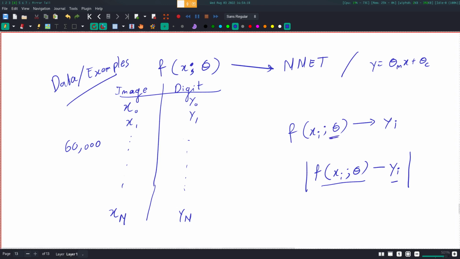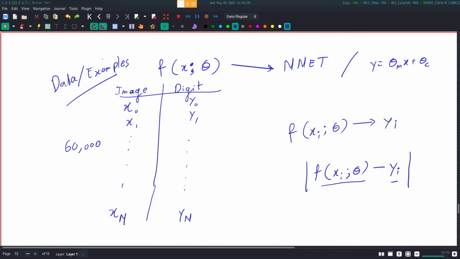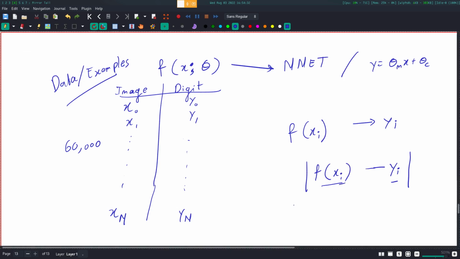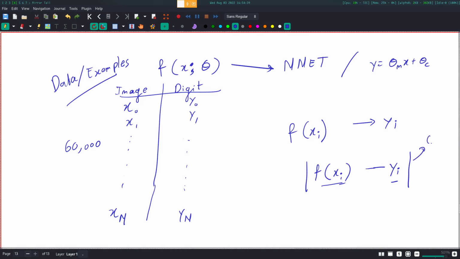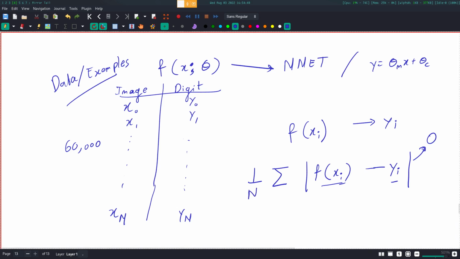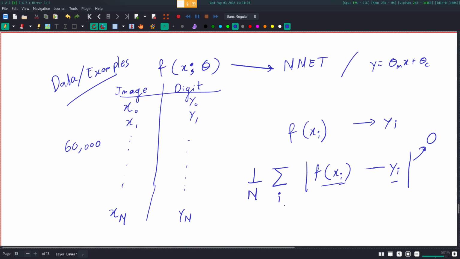So ignore this part for now. Maybe I'll write it like this. This is just some function, right? So we can always take this distance, and for this particular xi, it tells us whether our function is behaving as it should. If this distance is 0, then we know our function is behaving as it should on this particular xi, right? Then if we take an average of all of these over all our i's,